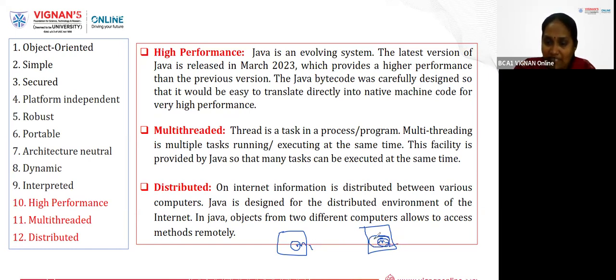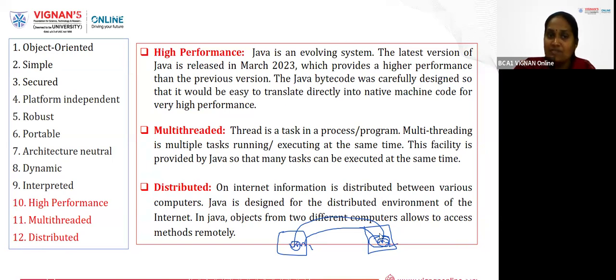If this object needs method 1, it can access method 1 from here. If this object needs method 2, it can be accessed from here. Each method has its own task. Each method can do its own task, right? So the methods can be accessed remotely, right? So all these are the different